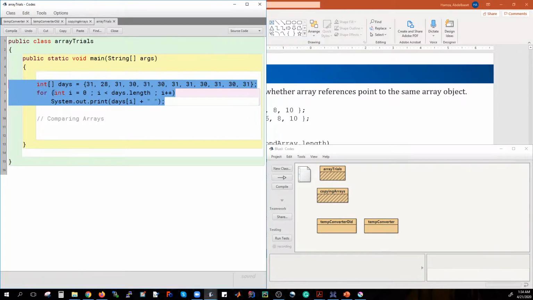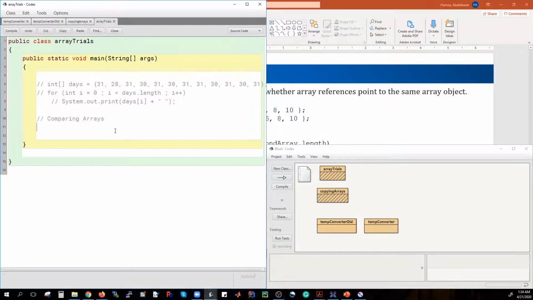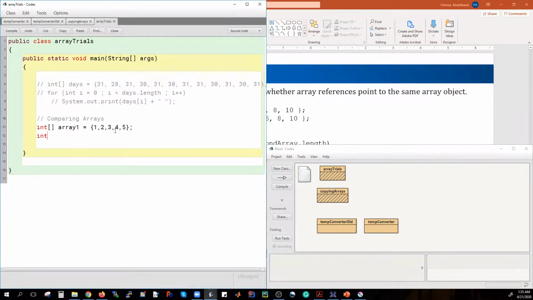Let's say, for example, let's comment this one. Let's say an integer array called array1, which is equal to 1, 2, 3, 4, 5, and then integer array2 is equal to array1. All right, so here we said this is going to be shallow copying, so